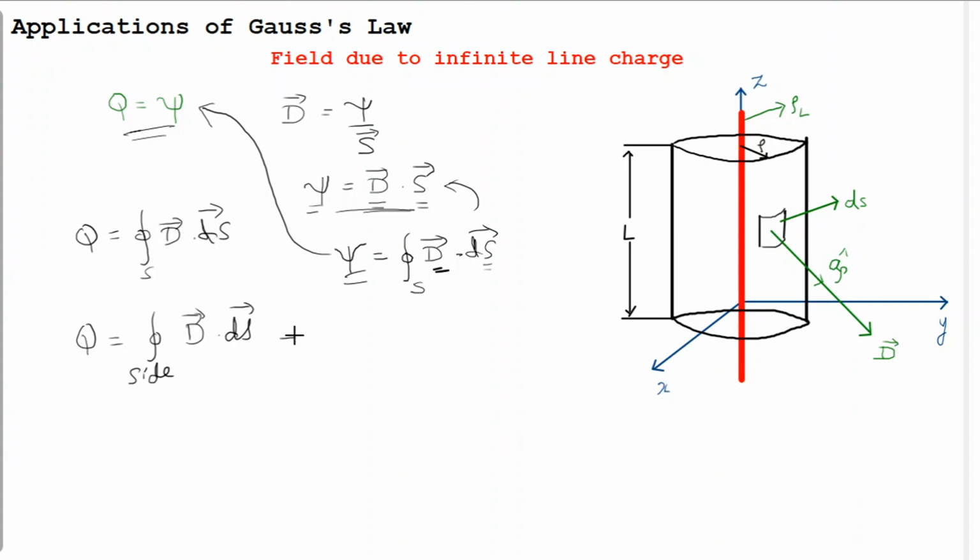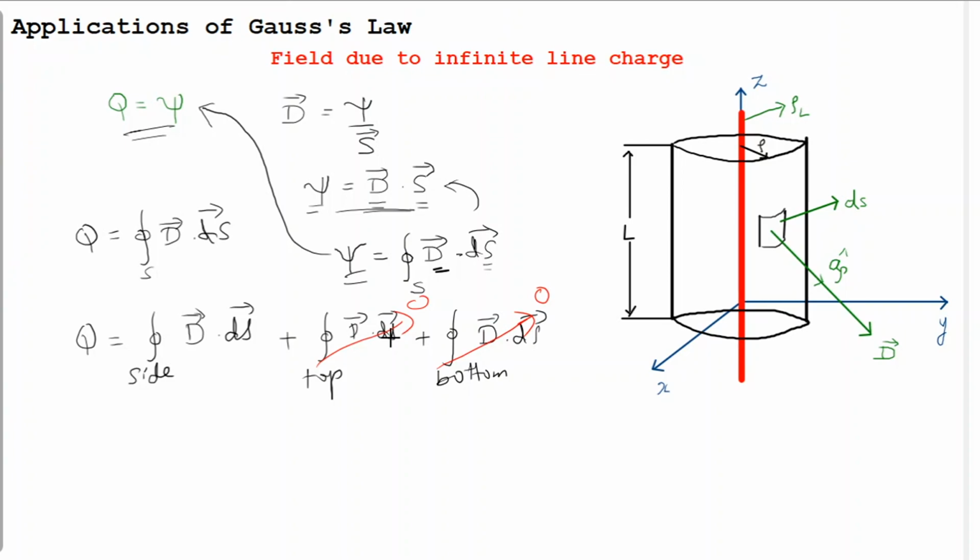Actually, it is all the surfaces. I have to take the top surface, D dot dS, as well as the bottom surface. As I explained, these two will evaluate to 0. So no need to mathematically evaluate and waste your time. Theoretically, I know that this is going to be 0. If you evaluate also, you are going to get 0. So initially itself we will make it 0 so that it will not affect my derivation. My derivation will be much easier.